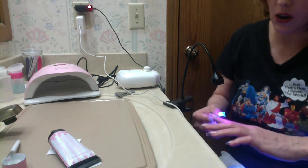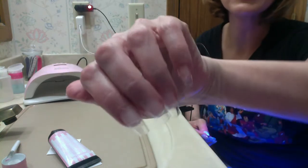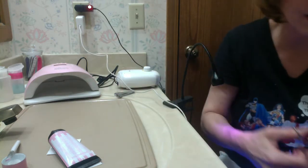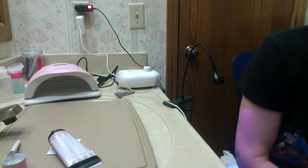After we cook them for our whole minute, we'll get that cut down. See, that one looks a little crooked. Oh, where is it? It's hard for me to see. There. But we'll get that cut off. Here's the little scissors I've got. I got it in some little manicure kit back when I was doing color straight nails. I bought,